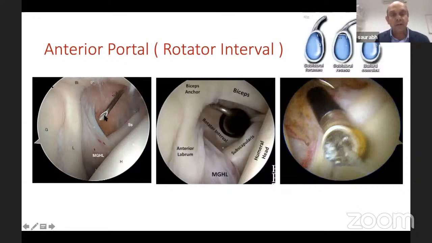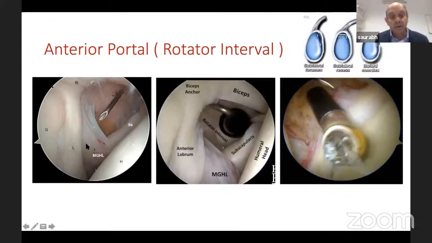So you put a needle, once you are happy, depending on what you want to do, you can put 1 cannula, you can put a probe, you can put 2 cannulas. Like for my anterior labral repairs and for my slap repairs, I will either use a Wilmington portal or I'll use even 2 cannulas from the front or even from Nevasia portal, depending on how the patient's body habitus is and how big the tear is. And sometimes you'll have a pan-labral tear. You will have anterior labrum, superior labrum going into posterior labrum. So depending on what work you are doing, you will utilize all these portals.